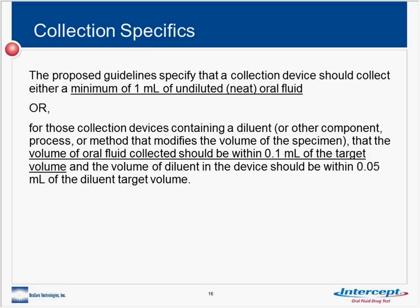and there's more explanation in the proposed guidelines, is that it really impressed me. We knew this was coming, of course, but we waited a long time as an industry before we really saw results from SAMHSA, back in the middle of May. As you read the proposed guidelines, and what's in front of you on the screen right now is just a very condensed version of this section, the amount of detail that went into the writing of these proposed guidelines